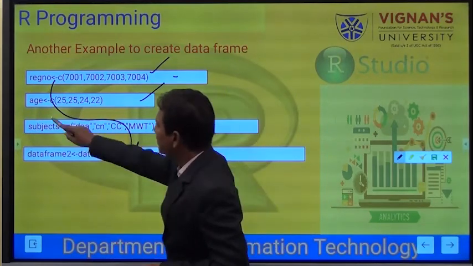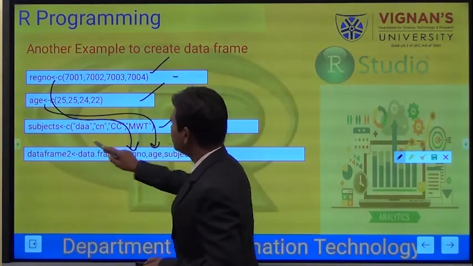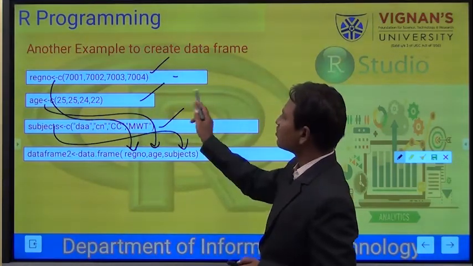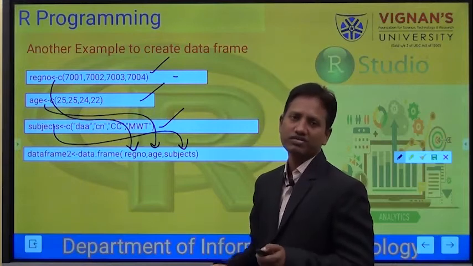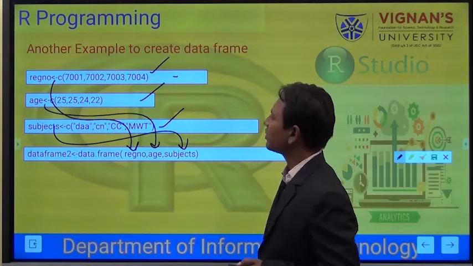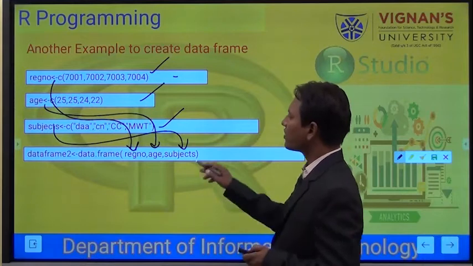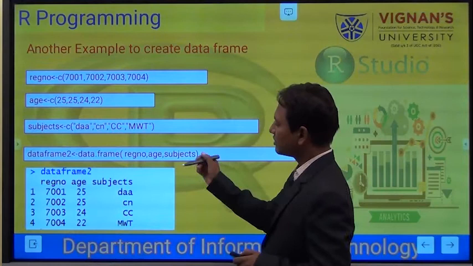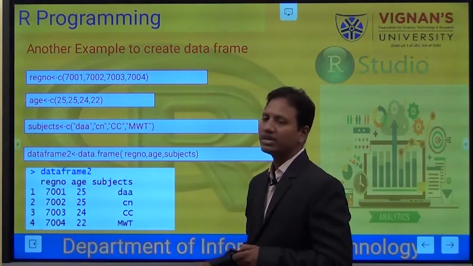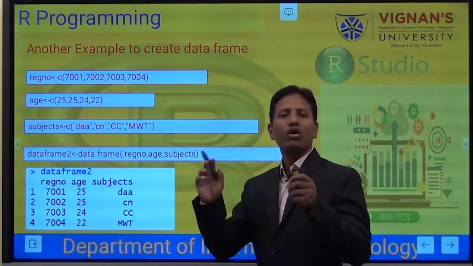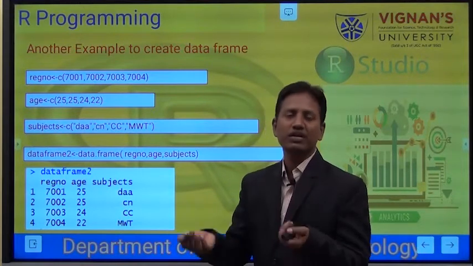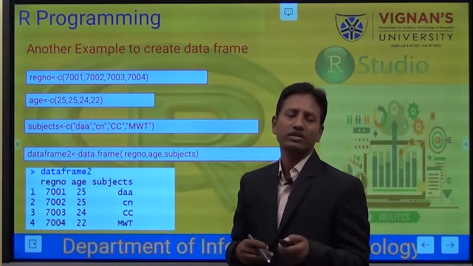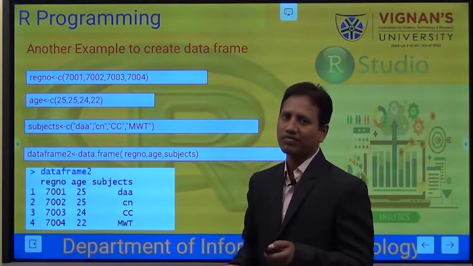Of course, the lengths of the vectors must be the same. So a data frame is going to be created in this manner. You see the output; this is going to be the output of the data frame. So already existing vectors can be converted into a data frame, or directly by passing the vectors we can create a data frame.